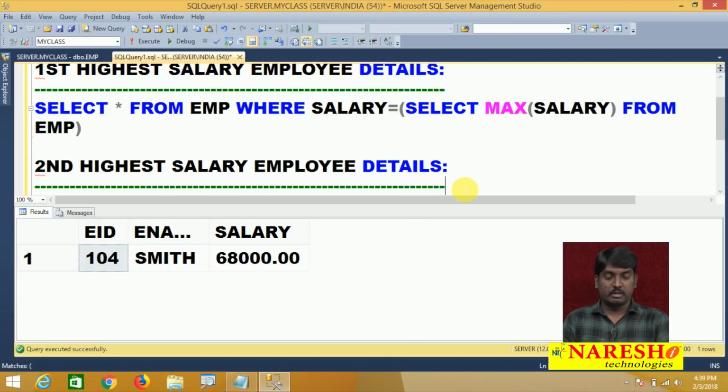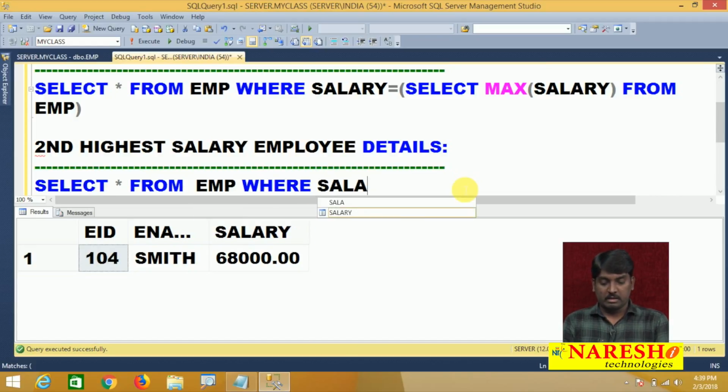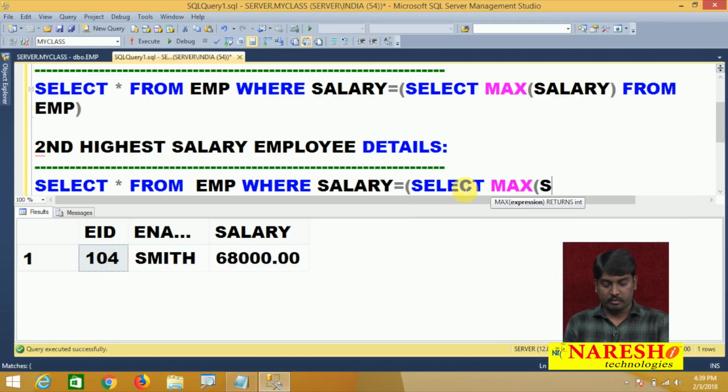I need to use two inner queries, because as of now, in the first query, we are finding the first highest salary. But now I want to find the second highest salary. Then how to write it now? Select star from EMP, this is the outer query, where salary is equal to my second inner query. What is the second inner query? If I am writing it like this, select max of salary